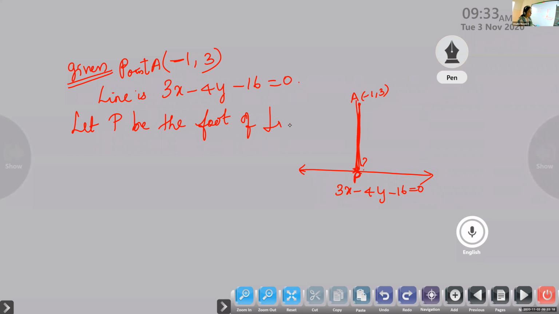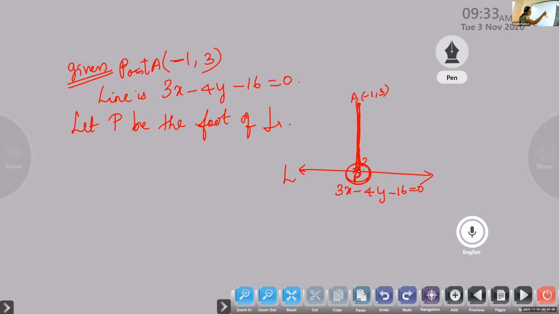You know that it is only the perpendicular, isn't it? So actually what is this P? Is it the point of intersection of this line and this line? Yes. So what we can do, can we find out the equation of AP? One point is given. Slope we can find out, because the two lines are perpendicular. Using the point-slope form, we can find out the equation of AP.